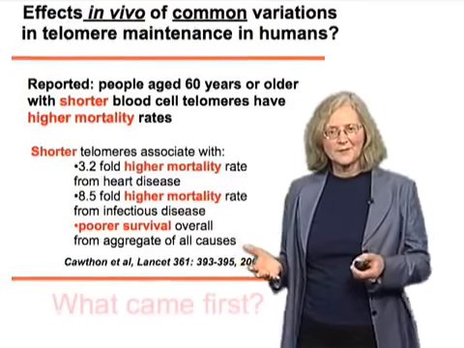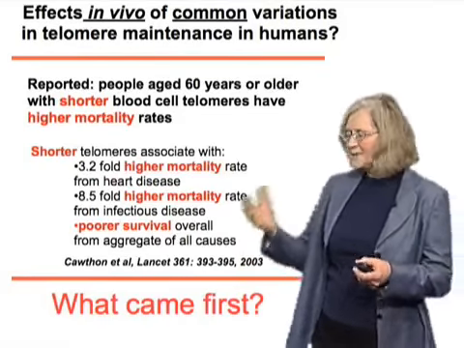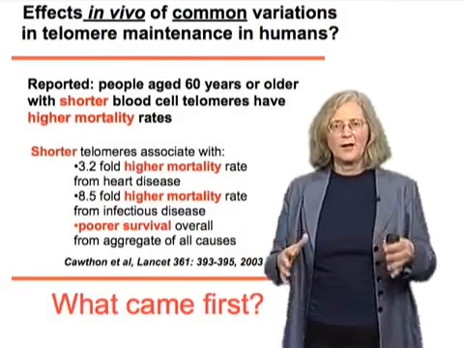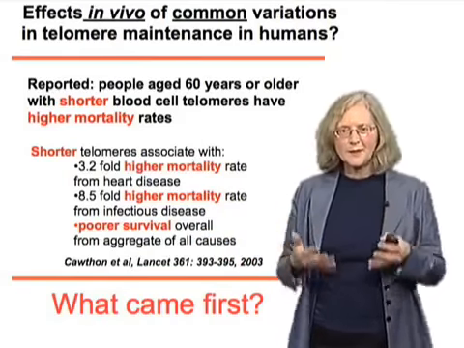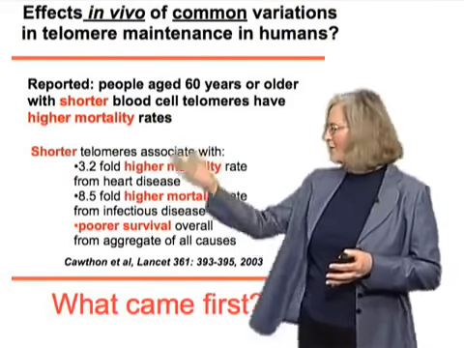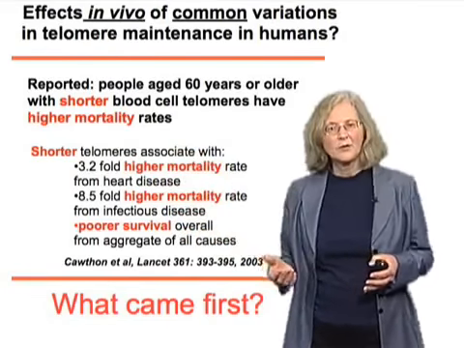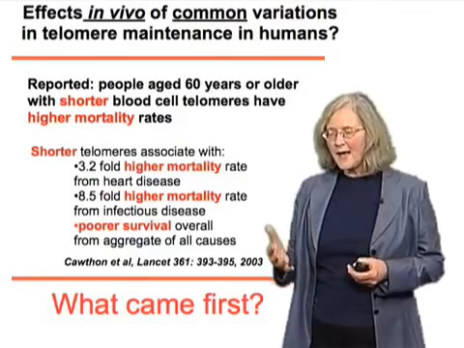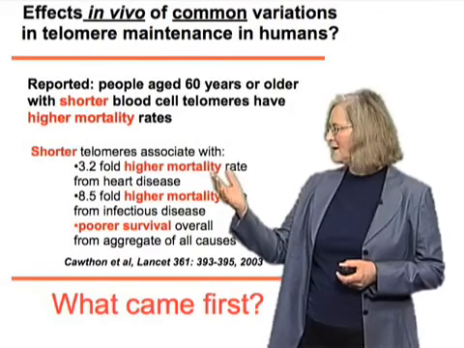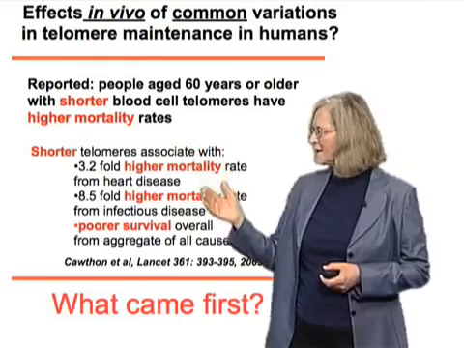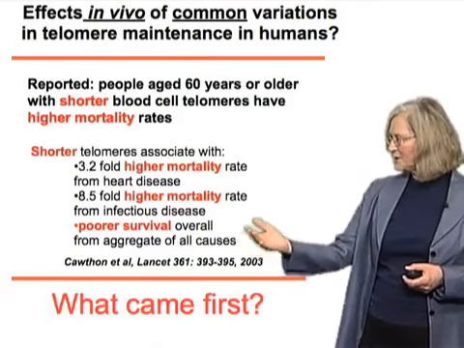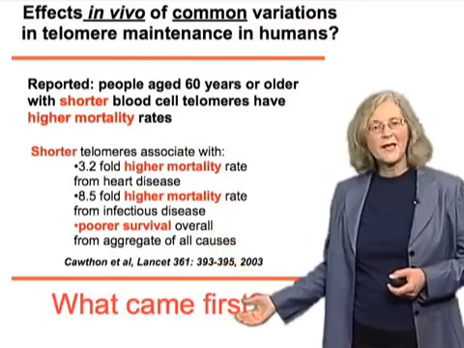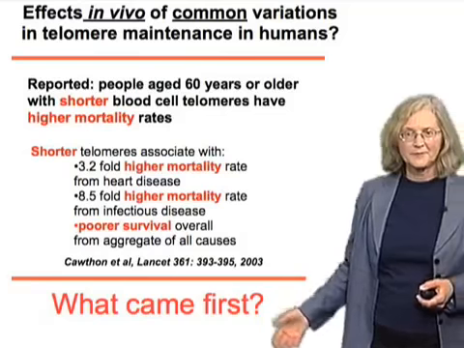But what caused what? Were the telomeres shorter then because they were already fighting off some of these diseases, and perhaps there had been more turning over of cells and telomeres had become shorter already, because people were already prone to these sorts of mortality causes, for example? Or was it the other way around? Were the telomeres shorter, and did that make the people less able in the subsequent 17 years to avoid mortality from these causes, and indeed all causes? These results did not say what came first or what caused what.